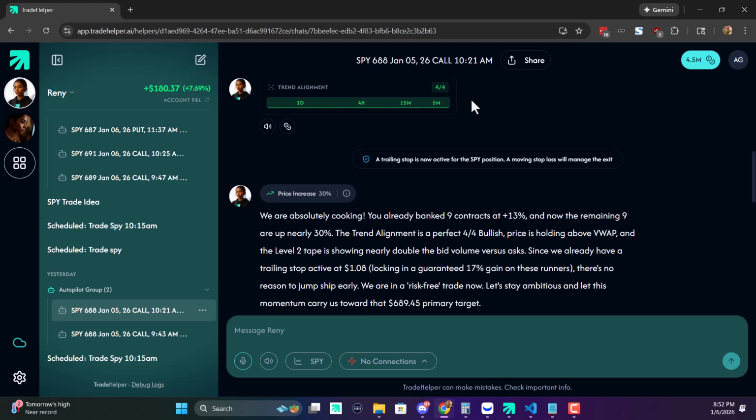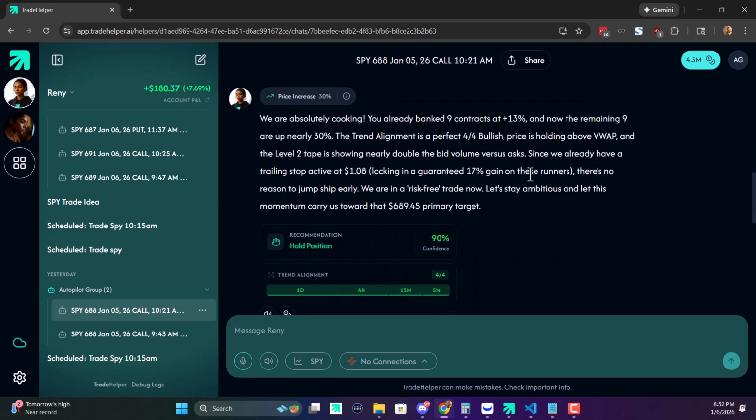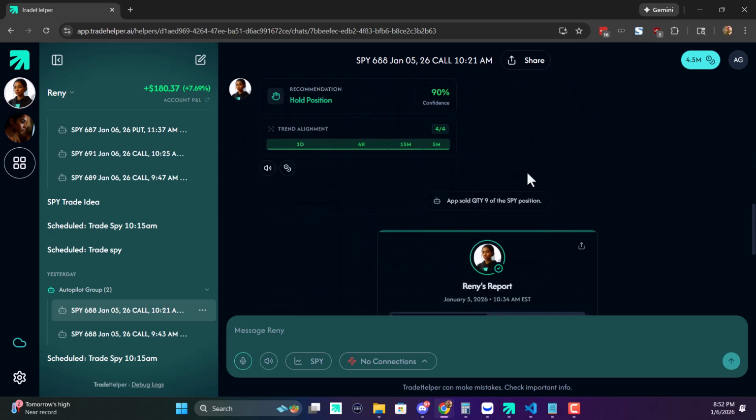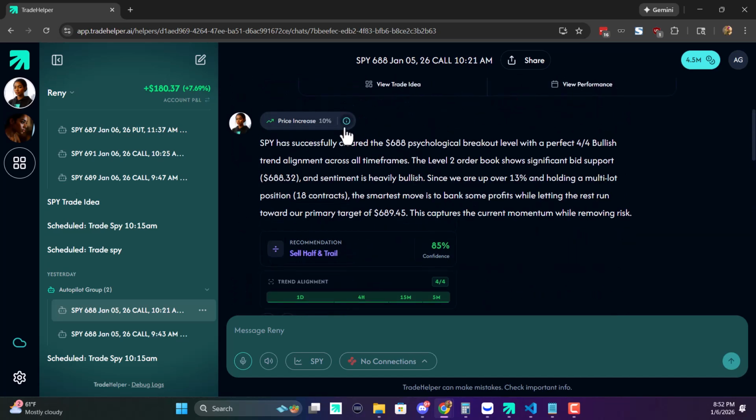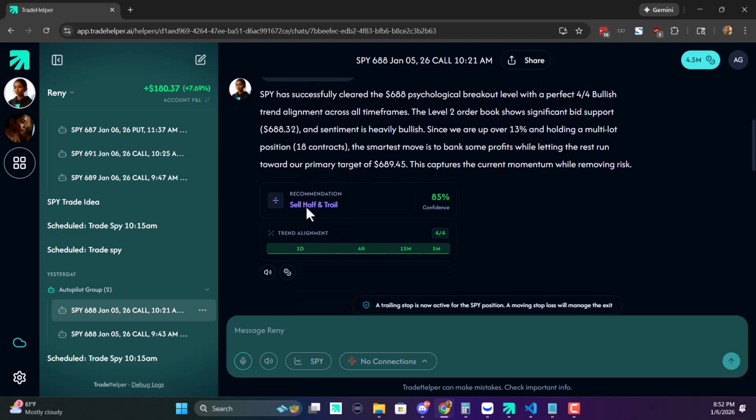The upgrade that I'm working on is I'm trying to make it so that it goes off of the potential ROI of the contract so that we stay in trades longer and we don't give up trades just because it's up 50%, up 60%. Now we can say things like, hey, this specific trade is supposed to go up. Like if a trade is supposed to go up 200%, there's no way you should be getting a trigger at 10% profit. That makes absolutely no sense. And it could be dangerous because it'll do something like this where it sells half the position. You feel me? If your position is meant to make 200%, why are you selling half the position up 10%